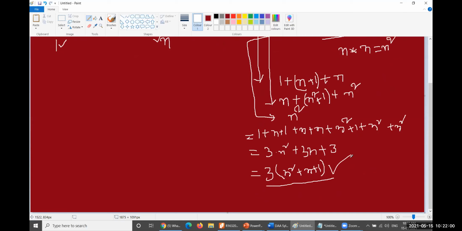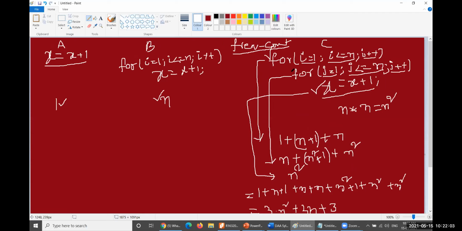This is the complete one. Why I'm concentrating only on this particular term is that, as far as a polynomial is concerned, it could be taken as n square times. Let us consider this whole thing in terms of the step count method. How many times will this particular statement be executed? Exactly one time. This whole loop will be executed n times.